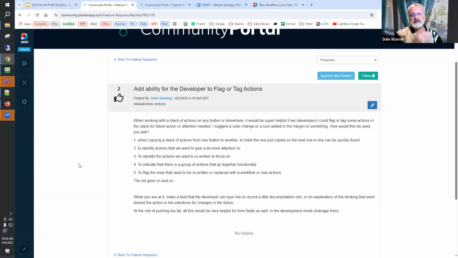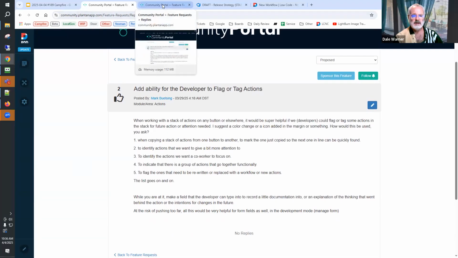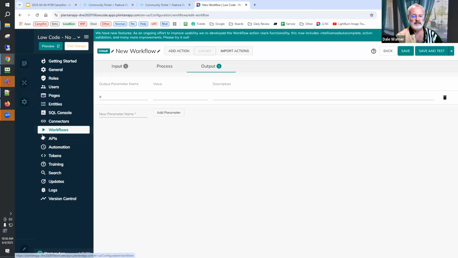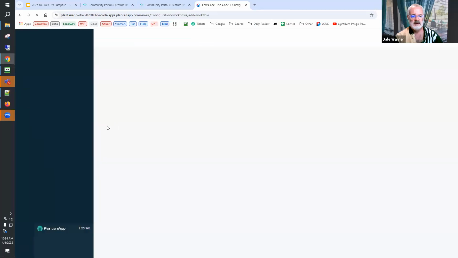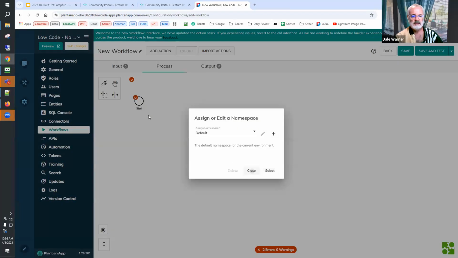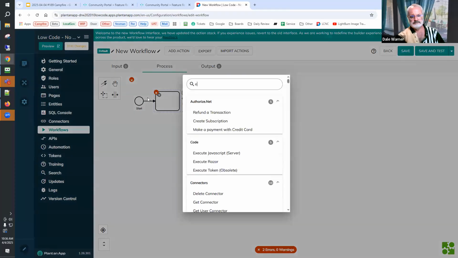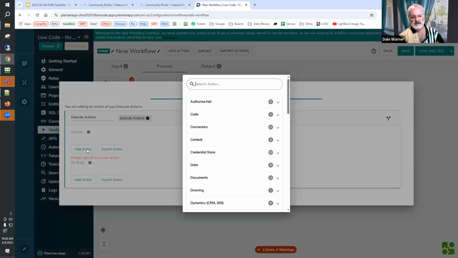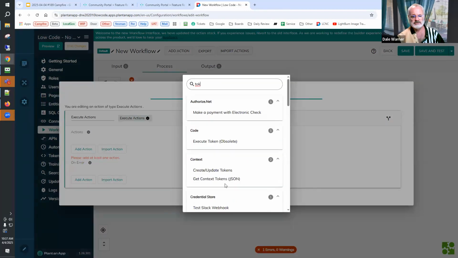I like this. So the suggestion is a color change or an added icon. In our new UI, when you put an action in something, you have this on-off switch.